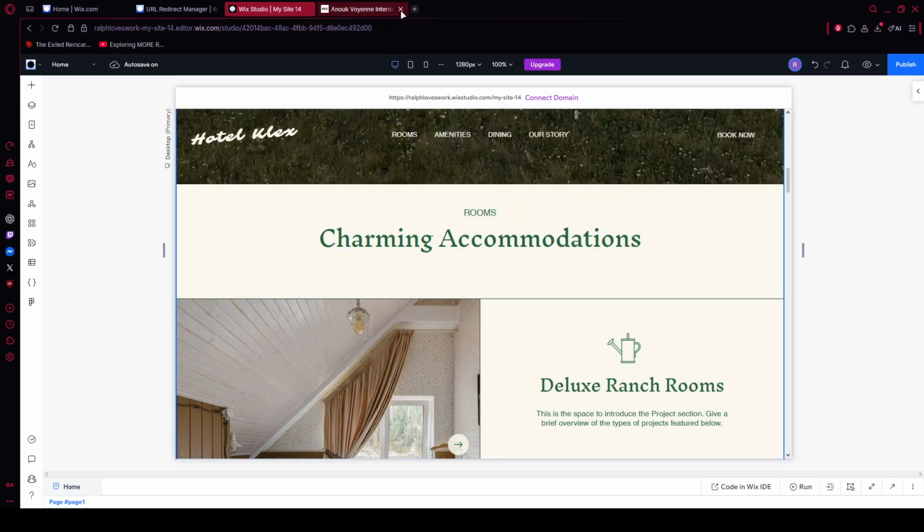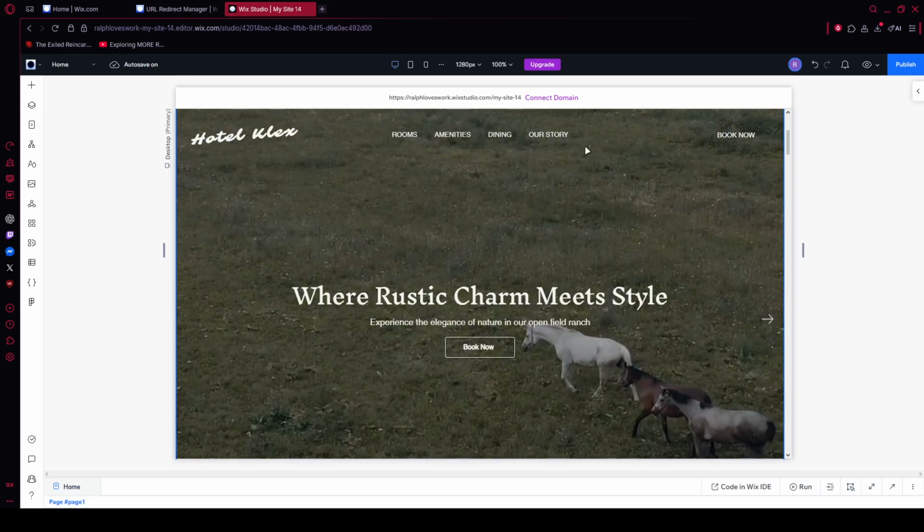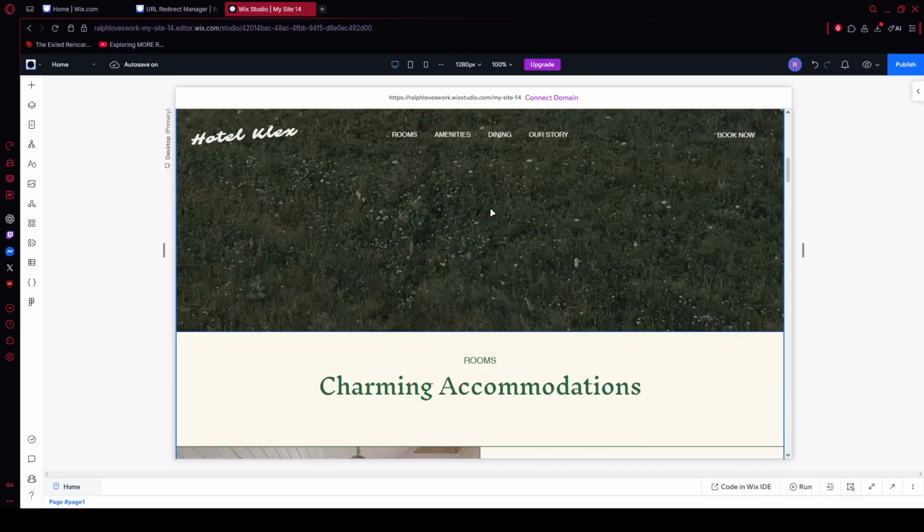Before we begin, a quick heads up on what this method actually does. Wix does not offer an official way to export full source code, databases, or server-side logic. What you can do, however, is save a local HTML snapshot of your pages. Think of it as a lightweight offline preview, great for archiving layouts, text, and basic styling, but not a complete